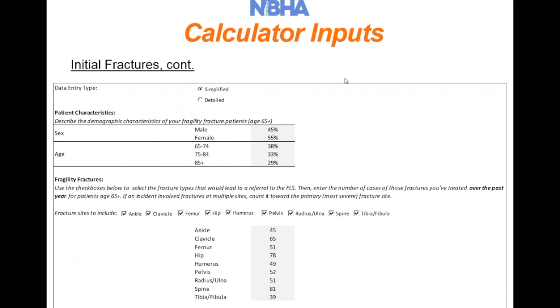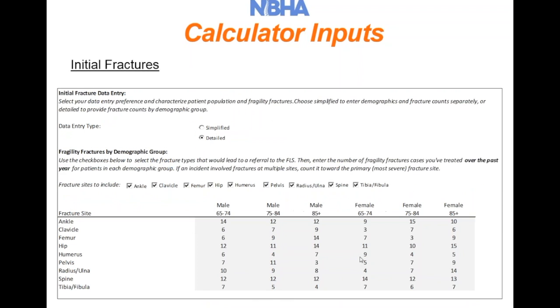But the simplified option requires that the user describe their population in terms of demographics and then describe the number of fractures they've treated over the past year at any of the 9 fracture sites we have listed here. We then take those numbers and estimate expected values for this table